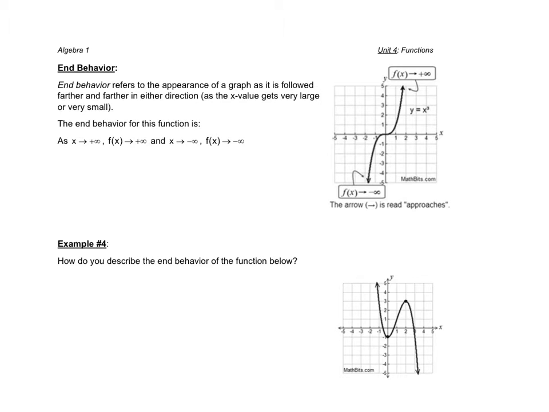Graphs behave certain ways for extreme values of x, right? Meaning as you get further and further away from the y-axis in terms of x. So we typically go with the negative 10 to 10 interval. Here it's negative 5 to 5, but what if I were to go out to 100 or 1,000 or 10,000? What would be the behavior of the graph? Having a sense of how that graph behaves tells us a lot about the function, right? So, end behavior